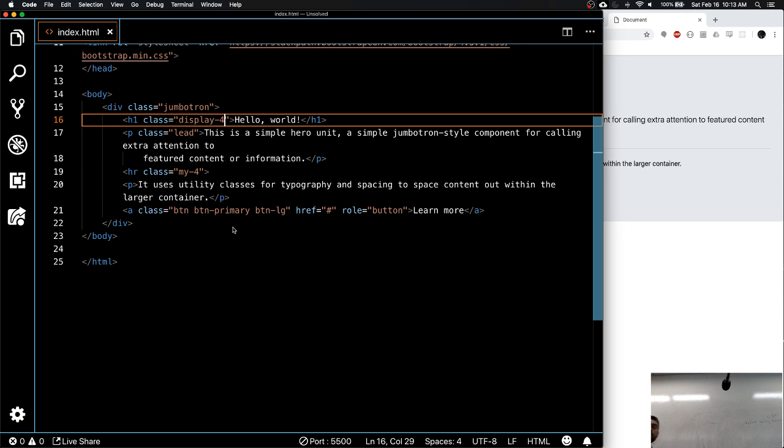So I can look up it. I'm not sure what hero unit means, but remember I was telling you there's a unit called MEM, REM. It's probably one of those called hero unit. I'm not exactly sure. We can look at it and I can find out. But it looks like they're saying that the units being used behind are probably not a pixel, but a different unit that they're using.